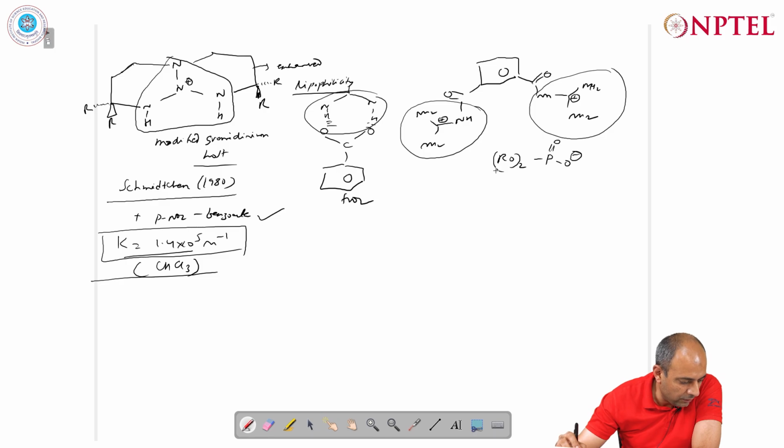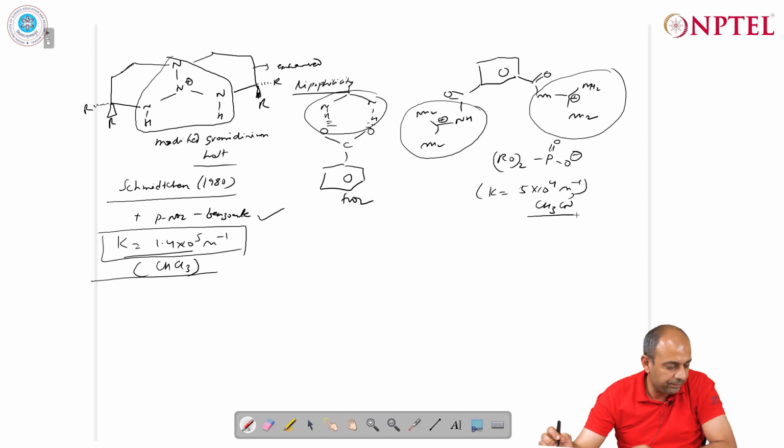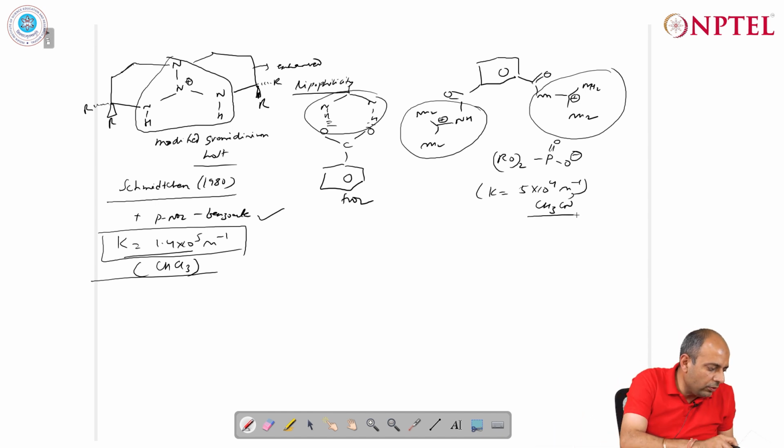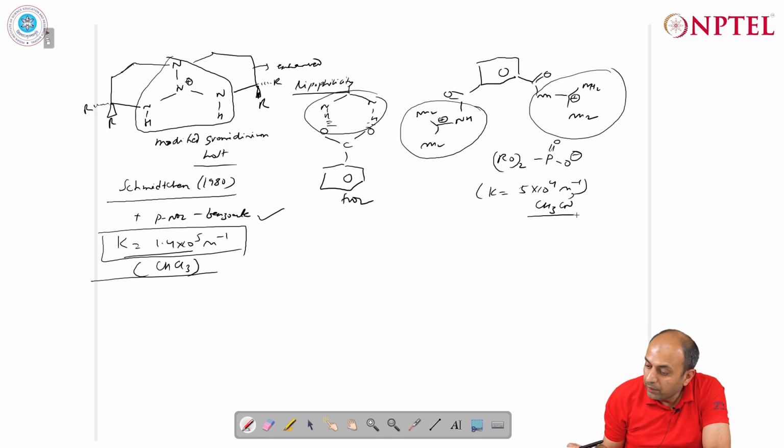They can interact with the phosphate, and what has been observed is the magnitude of the equilibrium constant now is 5 x 10^4 molar inverse in acetonitrile. So, this is the magnitude of the binding constant when you have the corresponding RO2PO minus, and